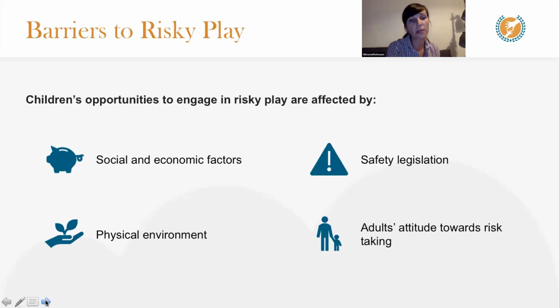Potentially, that could mean that access to environments that promote risk-taking, so the environments that we mentioned before, outdoors environments, forests, seashores, potentially are the best natural environment supporting risky play. Adventure playgrounds are another great place to access those opportunities. But social and economic factors might prevent children from accessing it.